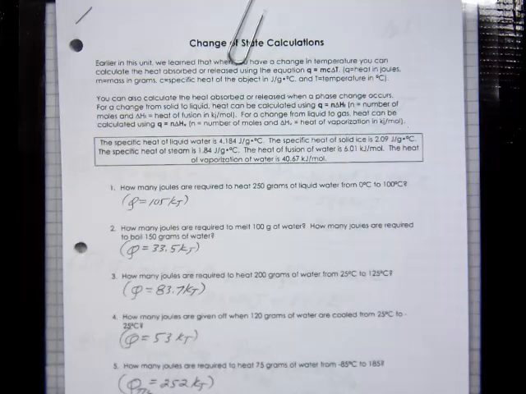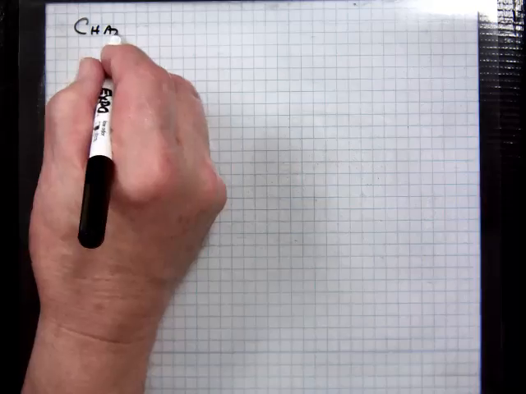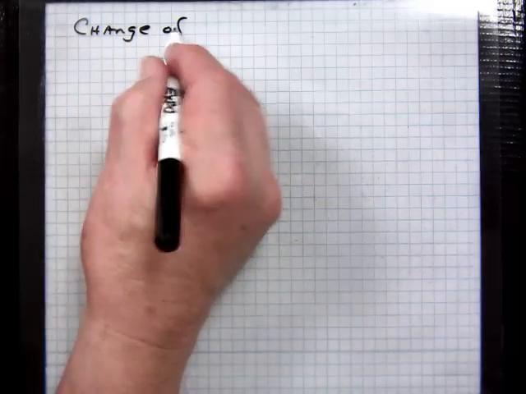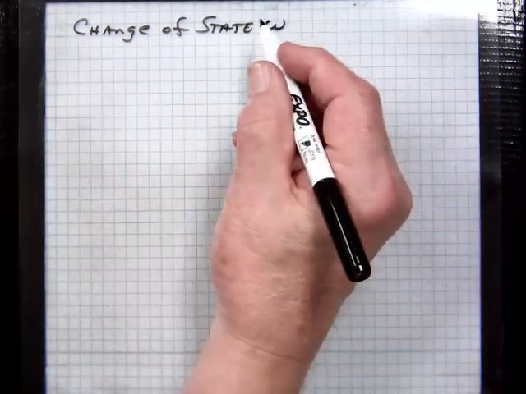So you have to determine whether or not you're evaporating, freezing, warming, or what. And once you determine that, then you'll know which equation to use. And there are only two, MC delta T or M delta H. All right, let's see how it works out. Now, I'm going to use constants I don't like, okay?